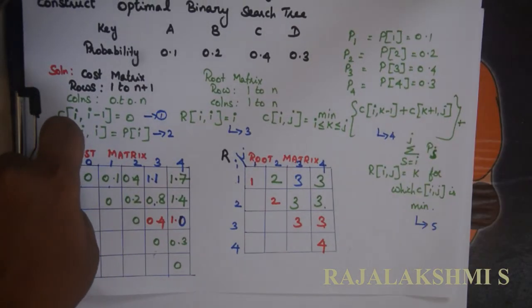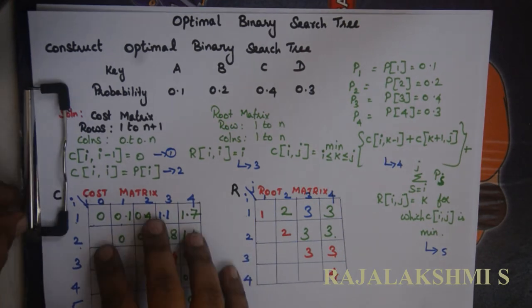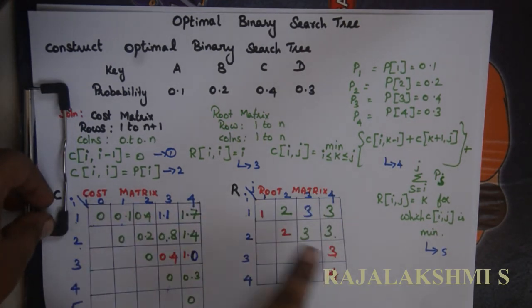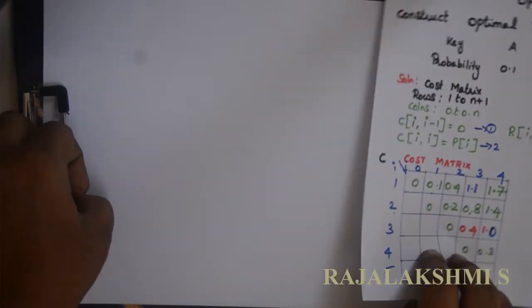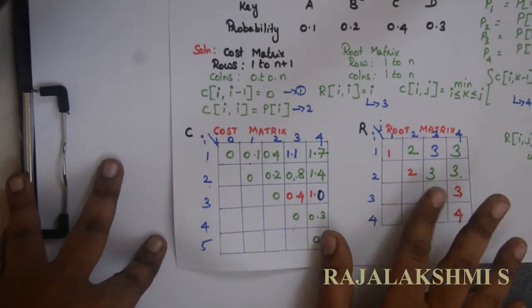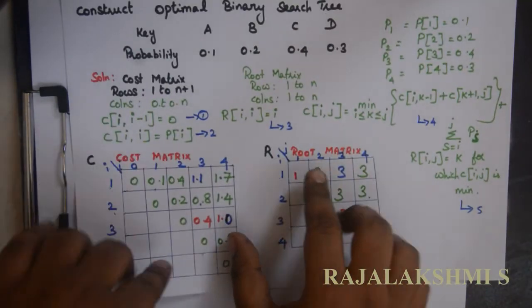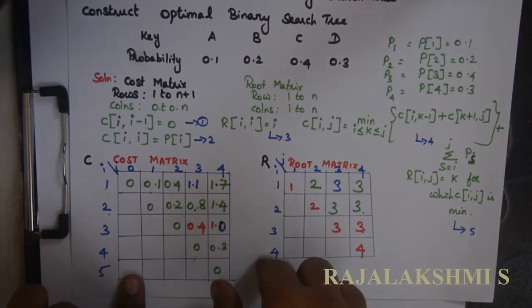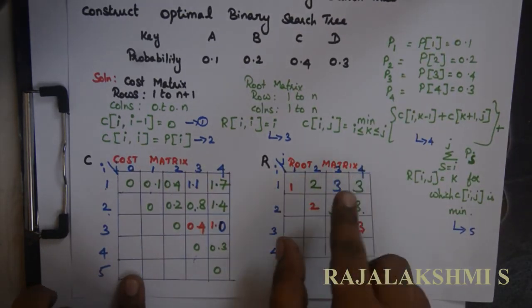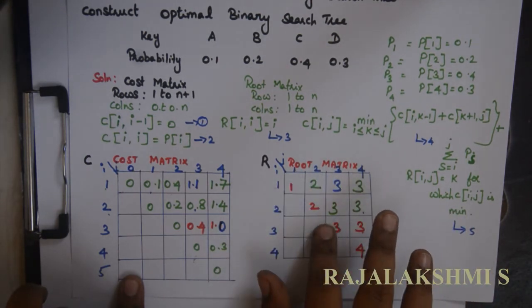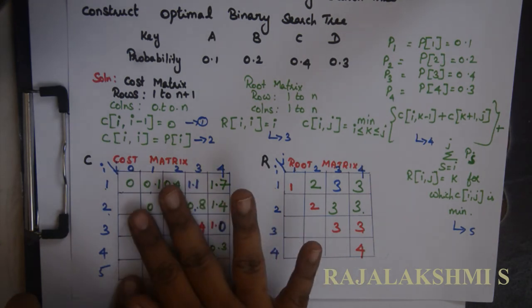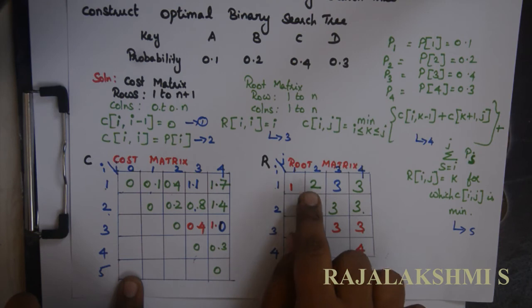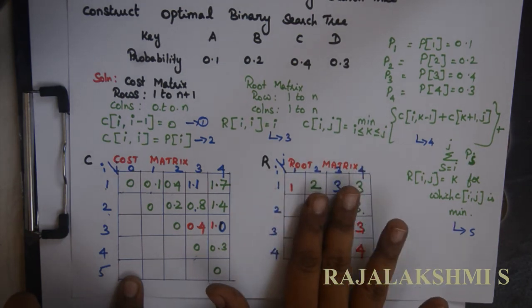So I told that we need to construct only the upper triangle, right? So we have constructed only the upper triangle in both the matrices. Now from these matrices we should construct a tree. To construct a tree we need only the root matrix. So let me show the root matrix. The row is represented by the variable i and the column by the variable j, and all the values present in it are k, right? Whenever we fill the cost matrix we find at what value of k it is minimum, and we fill that value of k here. So the value inside the cells of the root matrix represents k. Okay, so tree construction.